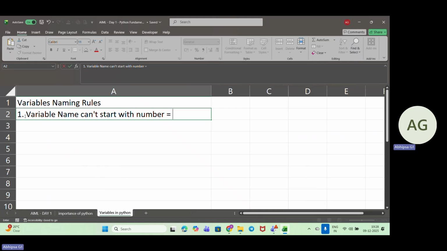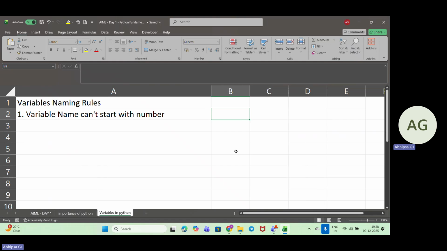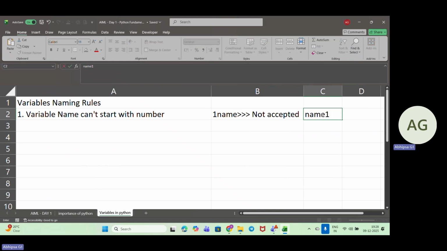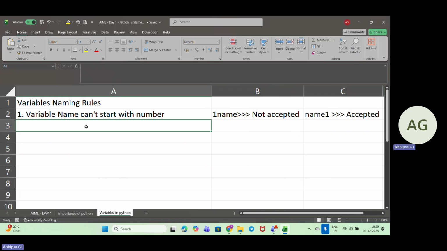So if the name is 1name, then that is not accepted. But if we are taking the name as name1, then in that case it is accepted. Okay. So this is the first rule.